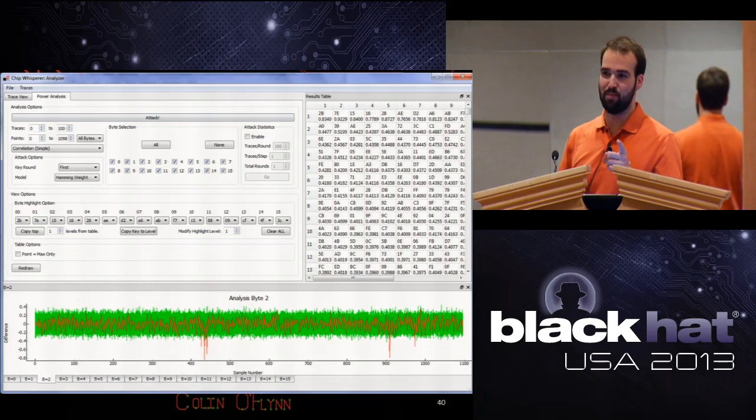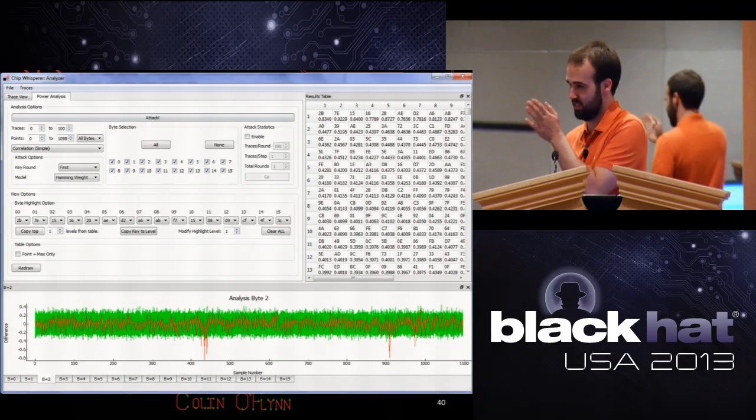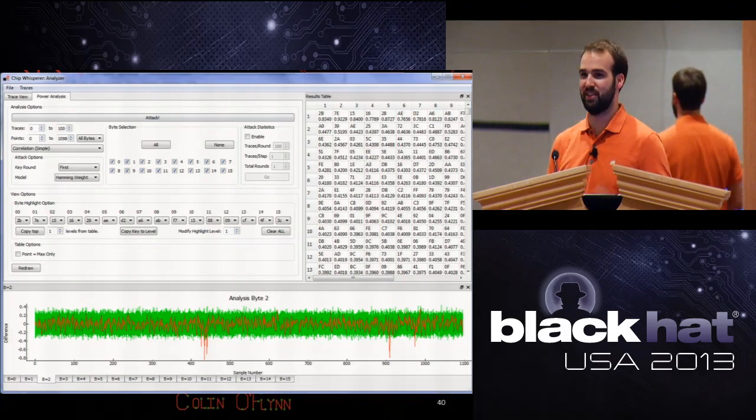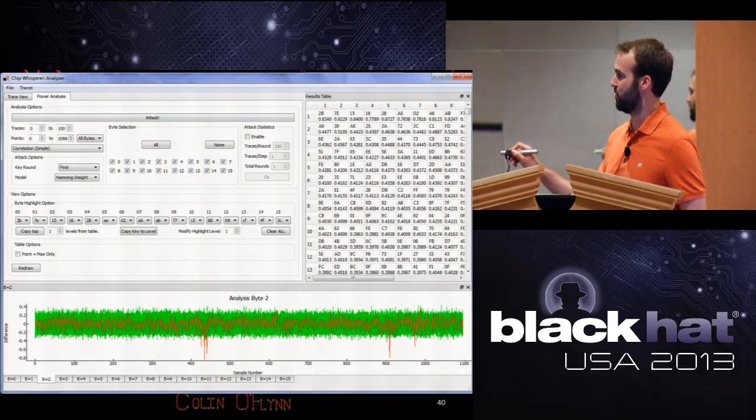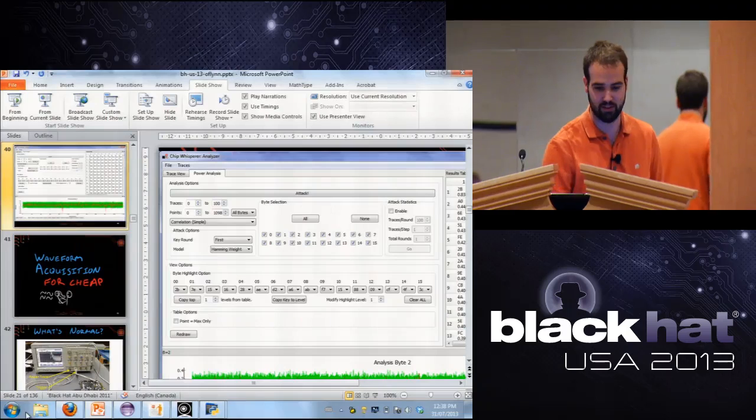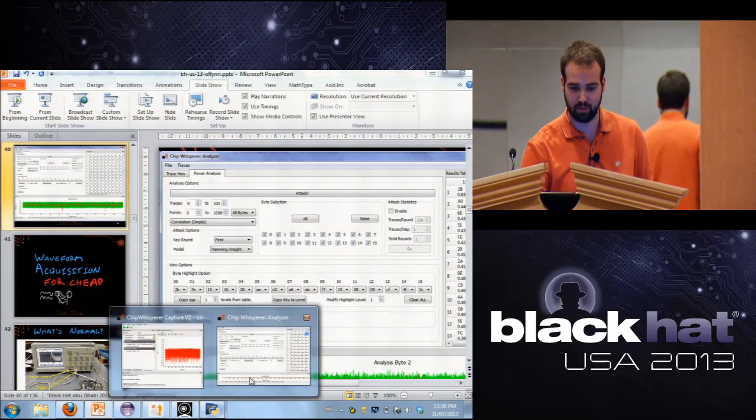You could do this. If you could sample the right point, you just need like a sample and hold system. You don't even need an ADC. But because you don't know the point, I just do all of them. And they occur at different times. So if I go along to different bytes here,